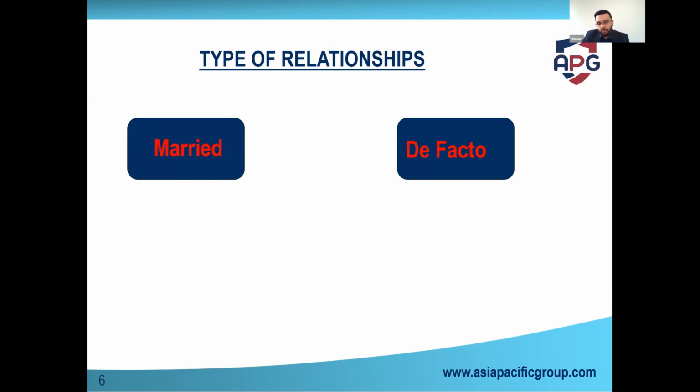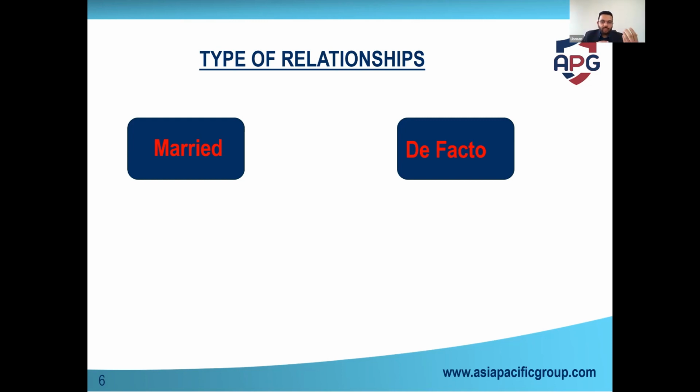So de facto is also pretty good, but the only challenge with a de facto relationship is that the onus of the whole application to prove that you're in a genuine relationship is on you rather than on anyone else, right? So that's also a factor. While they both have similar chances, don't get me wrong here, you'll get the visa whether you're de facto or in a married relationship, whether same sex or heterosexual, either way you'll get the grant definitely. But it all comes down to how you present your file.